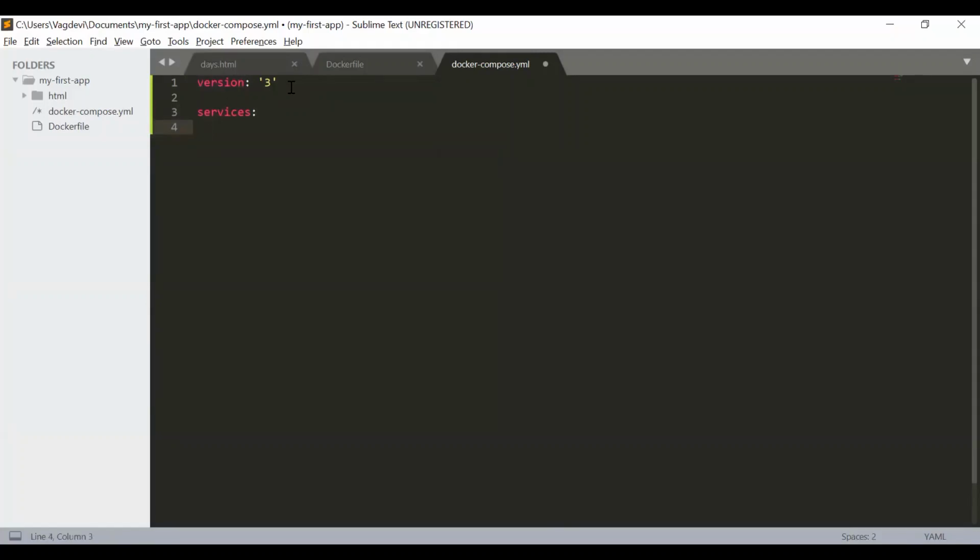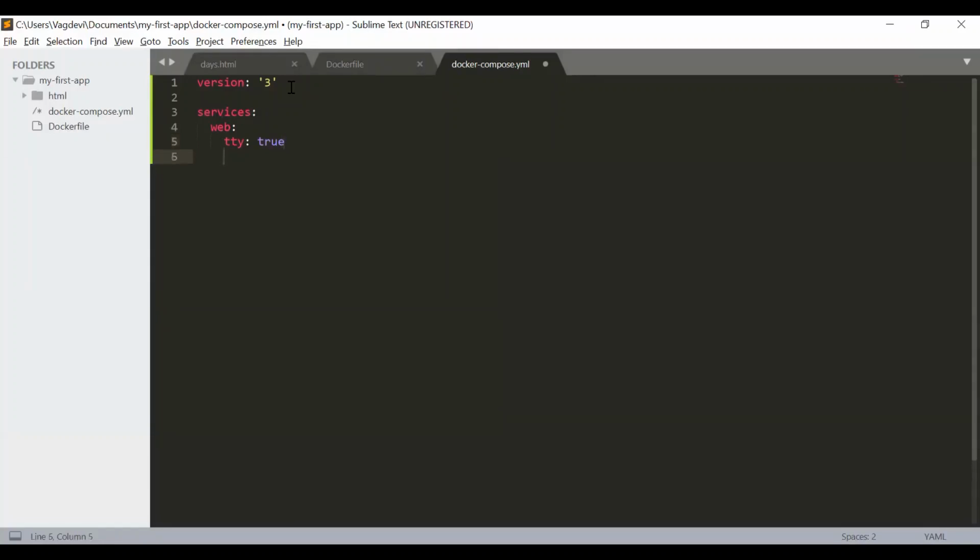If you think that you have a wrong indentation, just go to the previous line, hit enter, and start writing from that point. Now, we should mention the service name. I'm just naming it web. You can write anything of your choice. Next, hit enter. Next is tty colon space true. Now tty means we want to enable the terminal in the container so that in the future we can use it to access the application through the terminal enabled in the container.